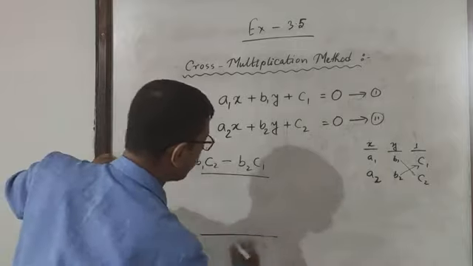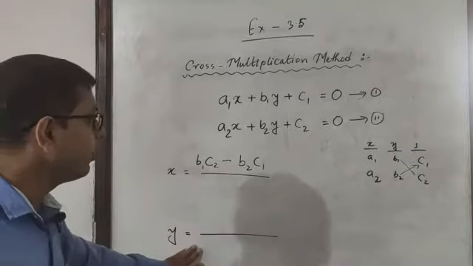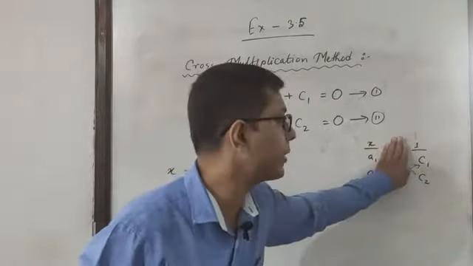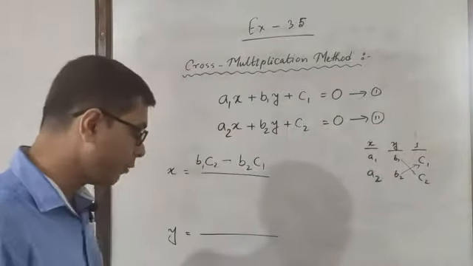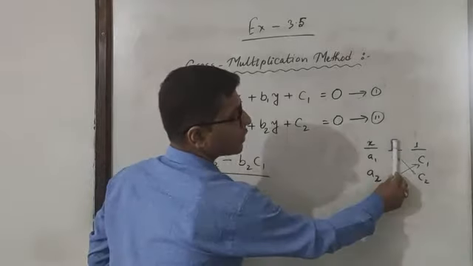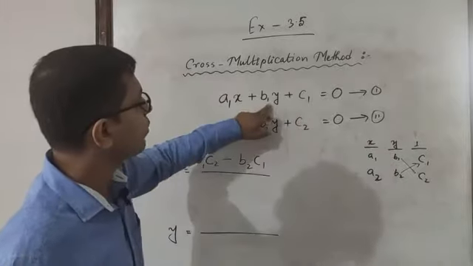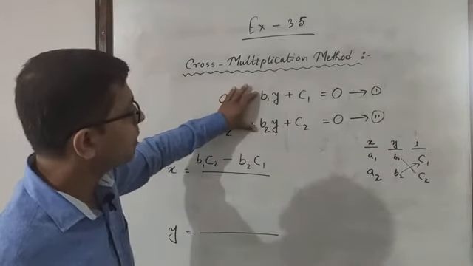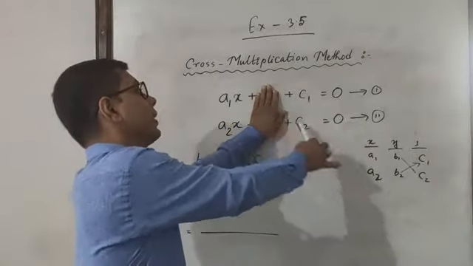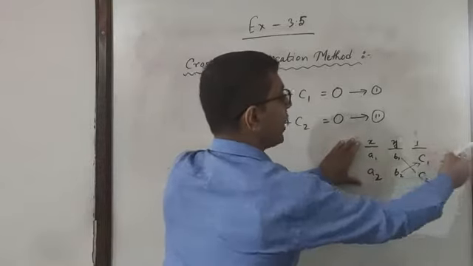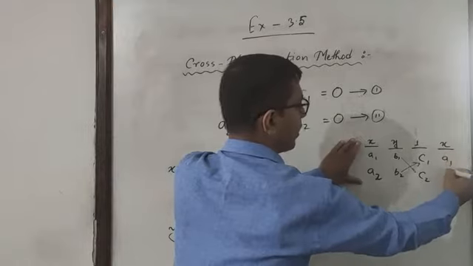For finding the value of y, what to do? We have to exclude the y part, and the remaining two parts we need to multiply. For finding the value of y, we need to exclude the coefficients of y, b1 and b2, in the first and second equations. We have to ignore them. After that we have to multiply this way. I am going to write the coefficients of x once again here so that it will make your multiplication easier.